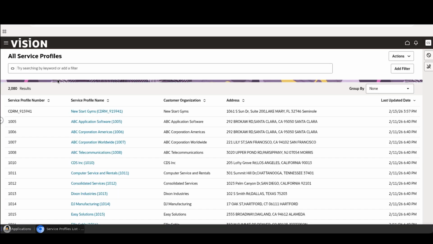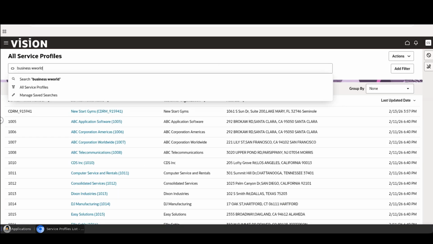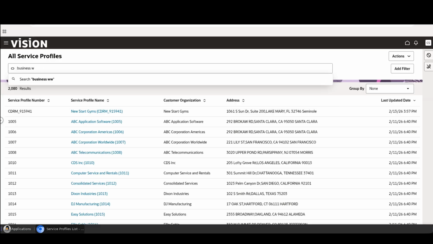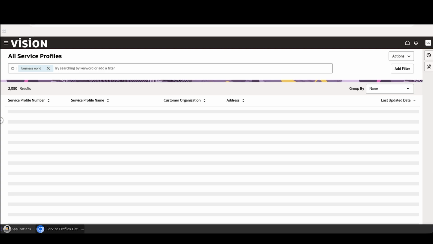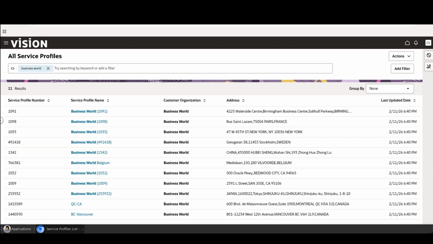So now I'm going to go back into service profile. From here, I'm going to load Business World. And that way we can filter on all the Business World service profiles. And we should not see the Seattle address, right? Our test address. And as you see, we don't see it. It's not there. There's 11 results. So what do we do? The first step we're going to want to do is go into the navigator,